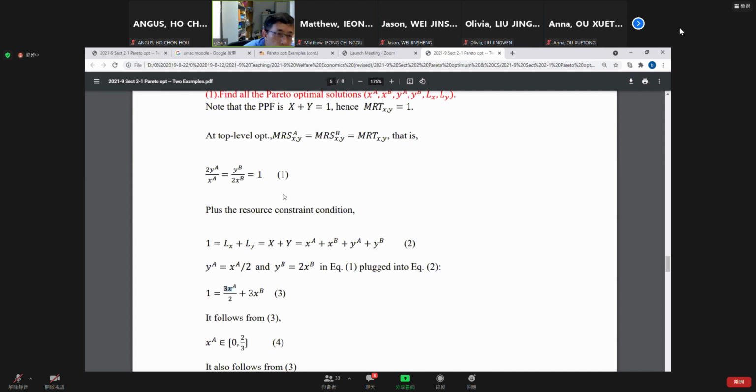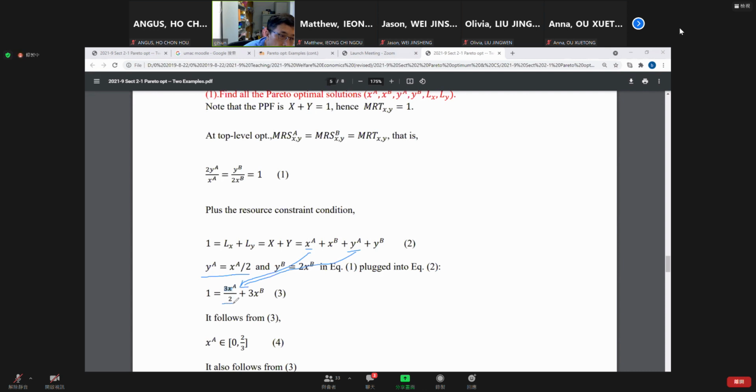So this number, let me emphasize, make sure everybody can clearly understand. So this one, you plug this one into this one. So therefore, this one becomes half XA. Half XA plus XA equals 1.5 XA,